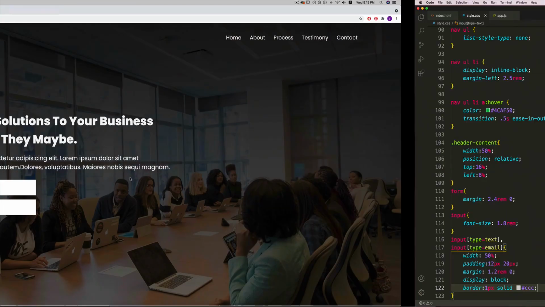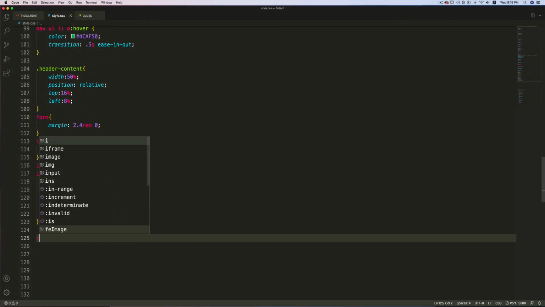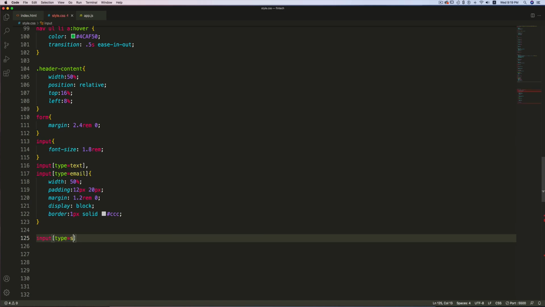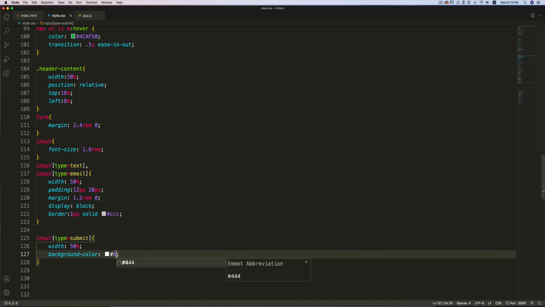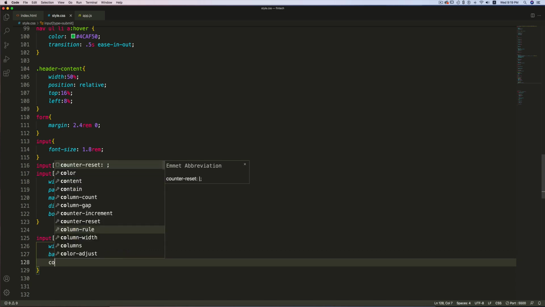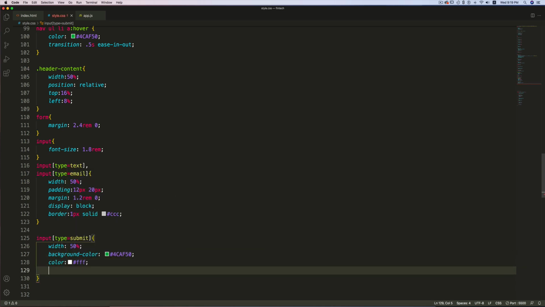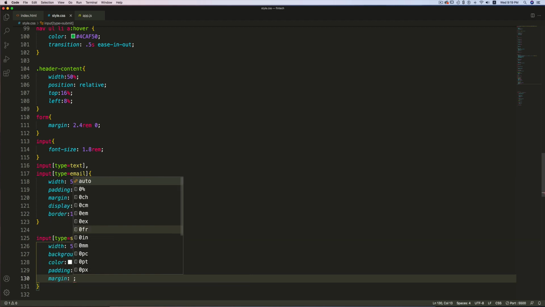Now let's style the button. So here input type equal submit, width will be 50%, background color will be hash 4CAF50, color of the text will be white, padding 14 pixel 20 pixel, and margin 8 pixel top and bottom right and left 0.